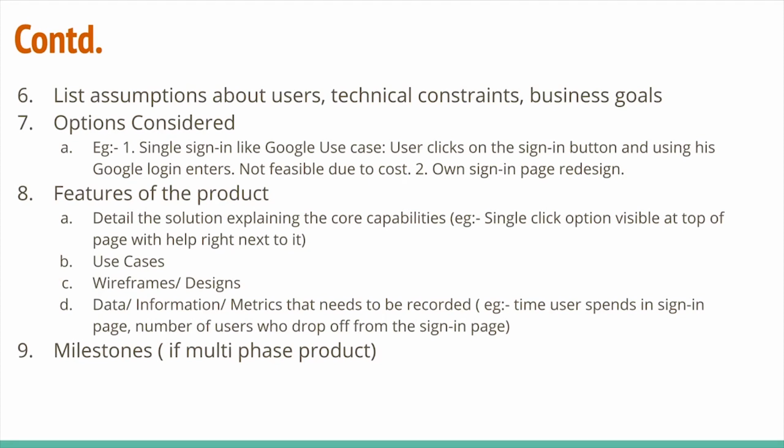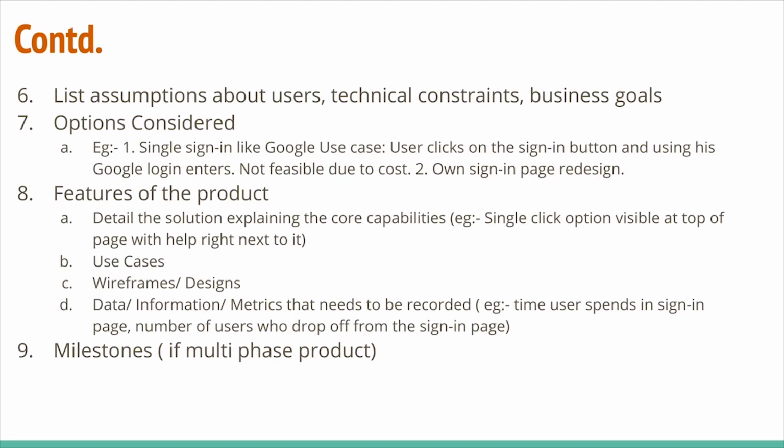A technical constraint could be that, for example, let us say you are building an app and you have a constraint that you can't really build it for the iOS platform because of either a business reason, like your users don't exist on that platform, or it could be a technical reason that you don't have a technical team right now to do it. So you can state that out here so that people know why it was not built at that point in time. And whenever that scenario changes, maybe an iOS version can be built.